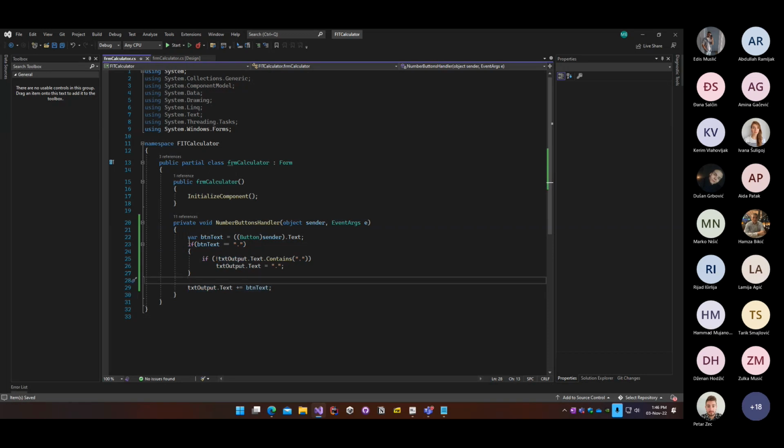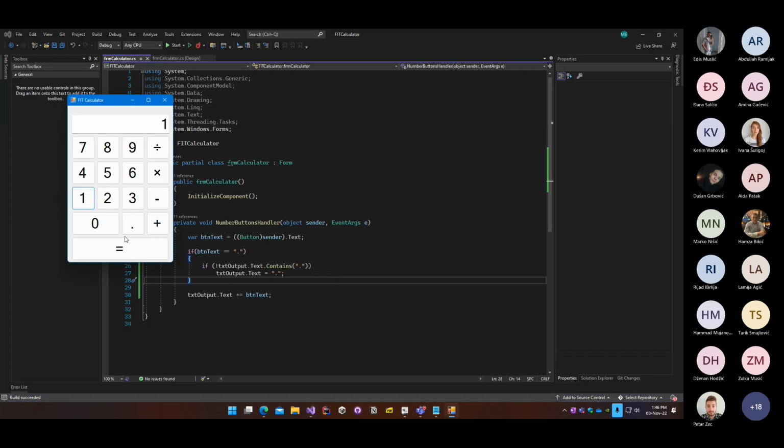Just simply skip the whole thing and just simply add whatever number. So the main thing here is I'm having just a special case for the dot. If it is a dot, is there any dot inside that text box? If there is one, just simply do not add it. If there is none, then just simply add it. So right now, if I have one dot,